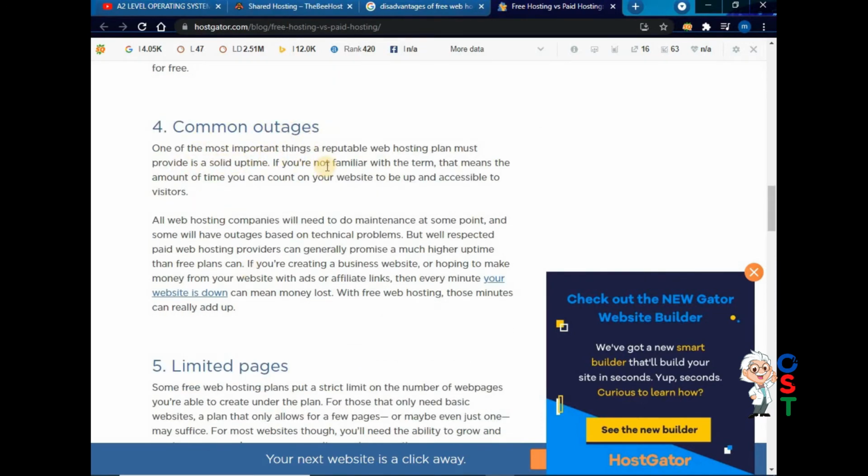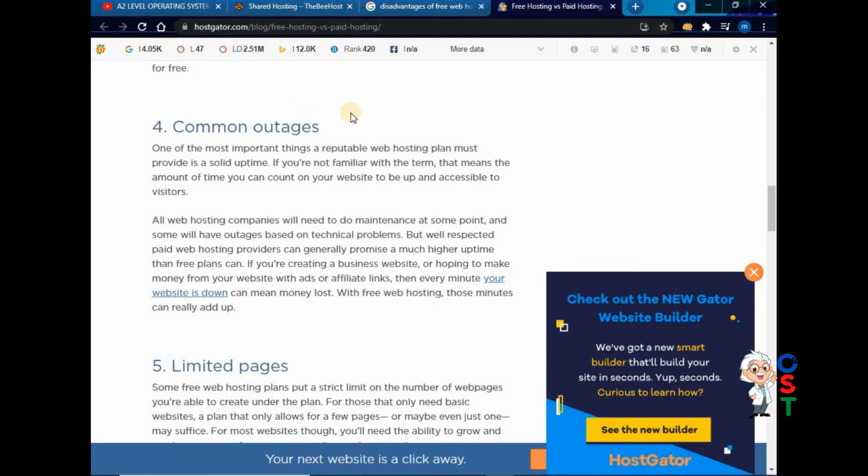Then what about common outages? One of the most important things a reputable web hosting plan must provide is solid uptime. If you are not familiar with the term, that means the amount of time you can count on your website to be up and accessible to visitors. It means that your website should be accessible 24 hours to the world of the internet.